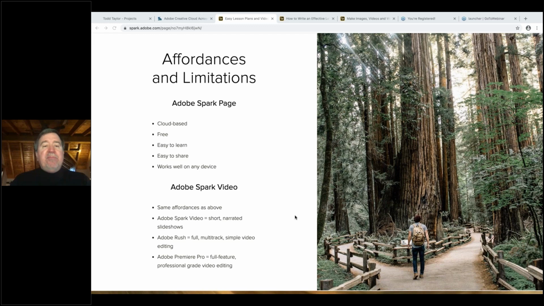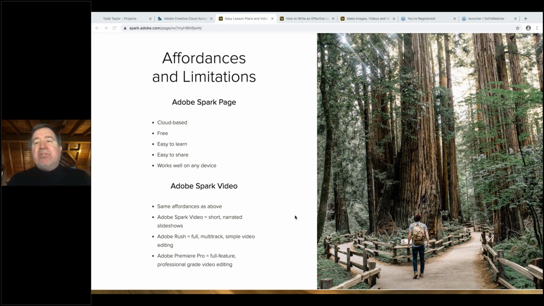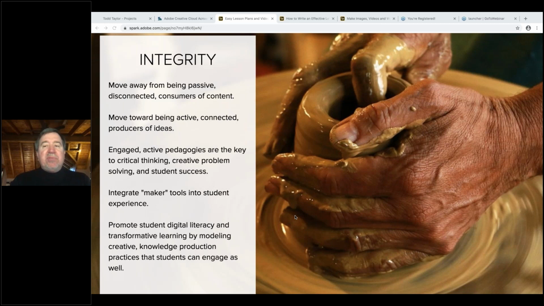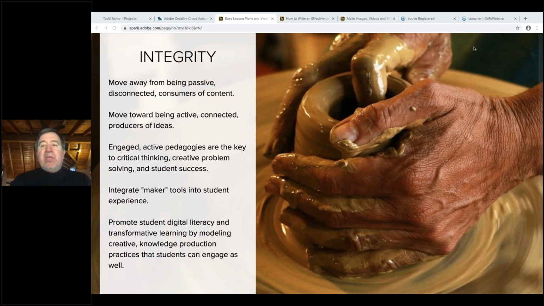And so to kind of pull this together in terms of a pedagogical concept, I like to think about the concept of integrity, of all the pieces of my work as a classroom instructor coming together and holding together. And again, the long view for me, what I'm trying to do in all of my classes is I want to move myself and students away from being passive, disconnected consumers of content. I want to move them toward being active, connected producers of ideas, which is why engaged, active pedagogies are what I have found in all the research and all of my experience to be the key to critical thinking, critical problem solving, and student